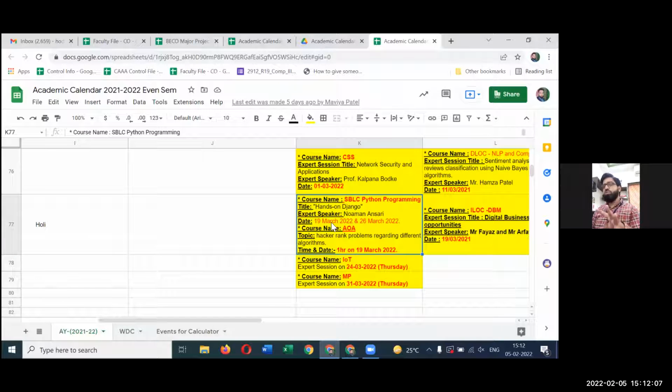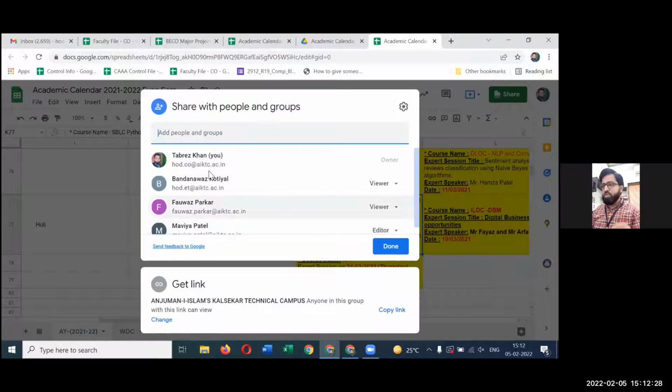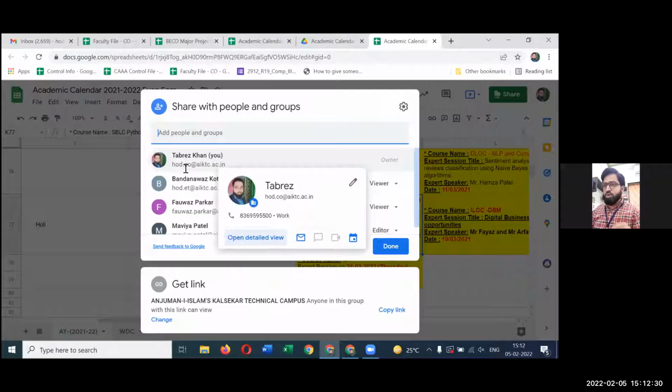So this kind of information is mailed to the departmental clerk by the faculty member, and it is the responsibility of the departmental clerk to update everything by the due date. Once it is updated, we all have read access to this file. So if I go to the sharing tab, what can I see?